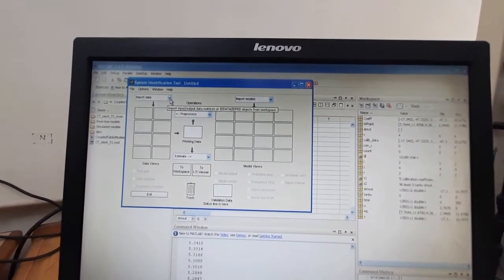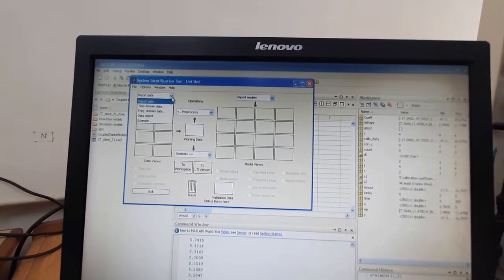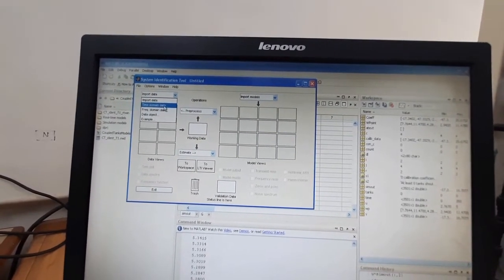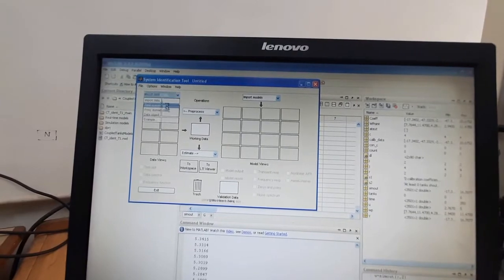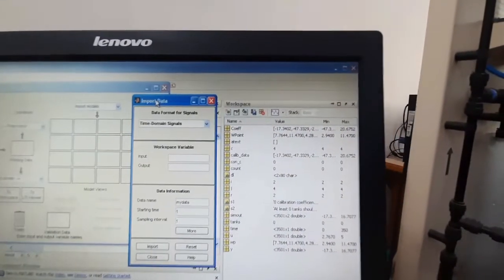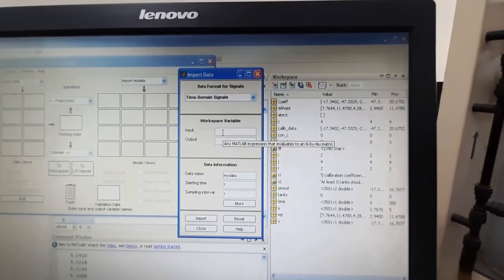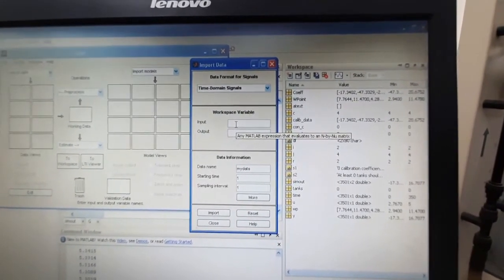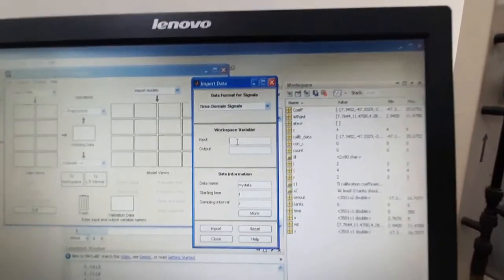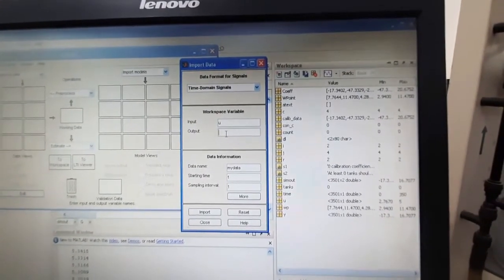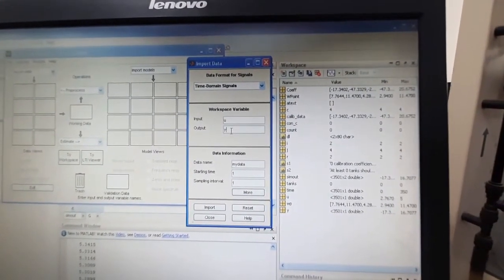So first we have to give those data. The data is in time domain format, so we'll select time domain data. Again a new window will come. Here we have to give the variable names from which variables we have stored in our workspace. So I have stored my input as U and output as Y.